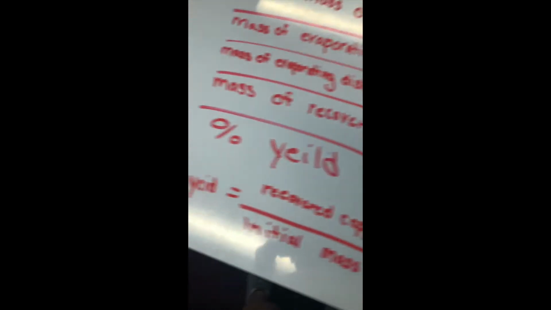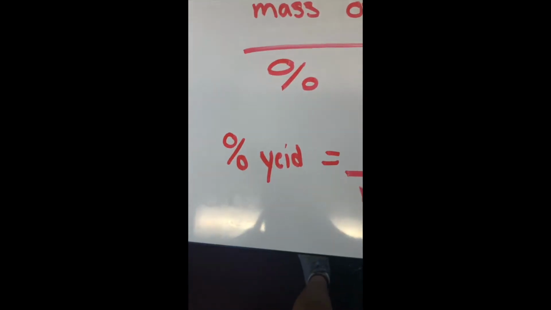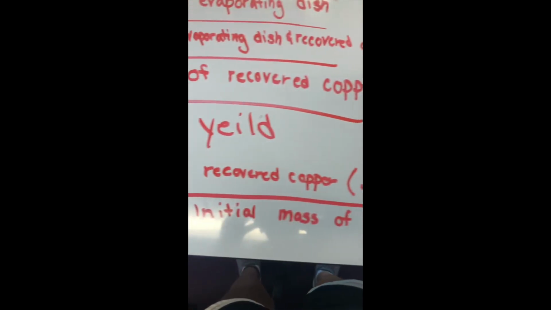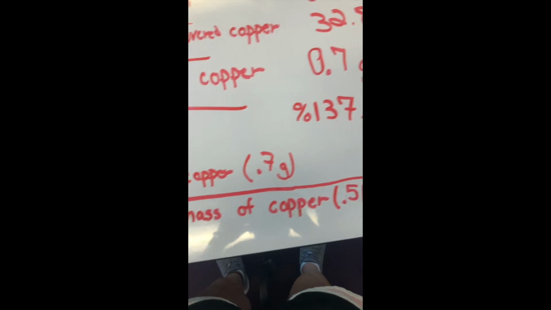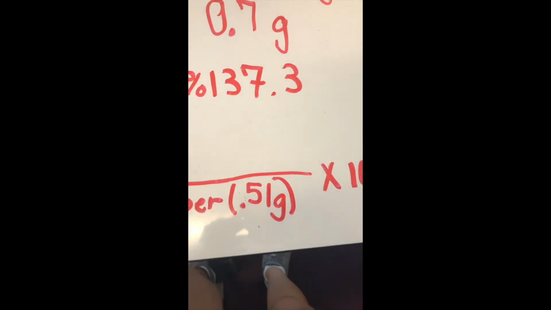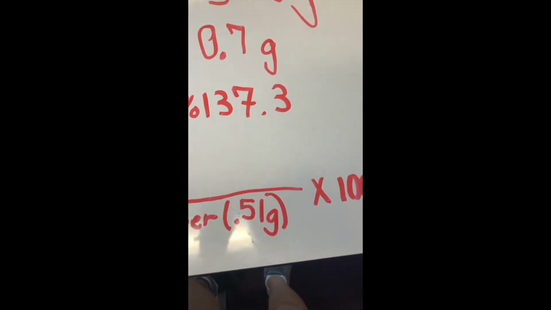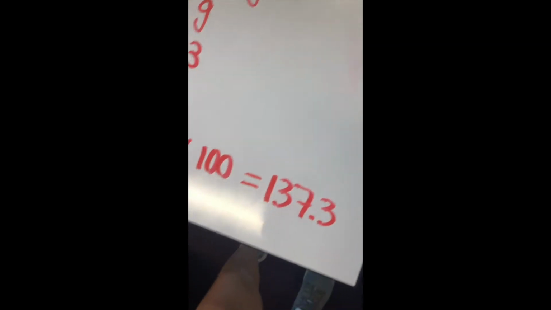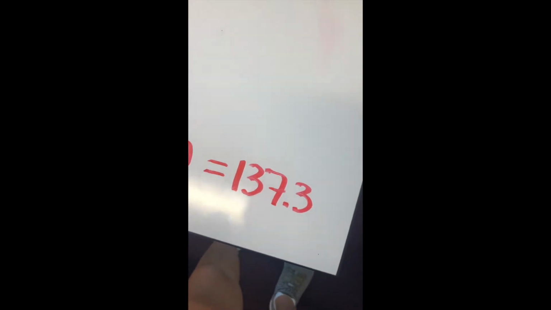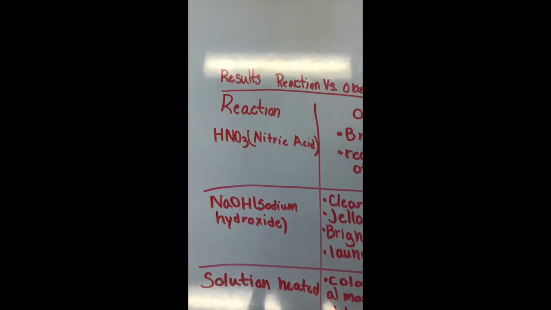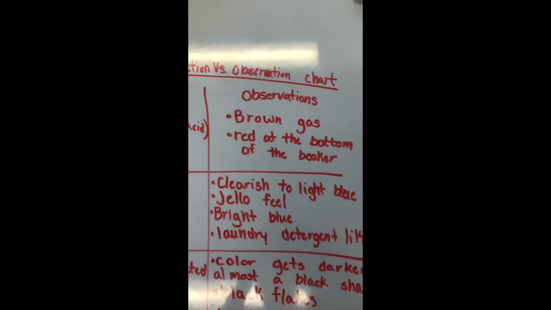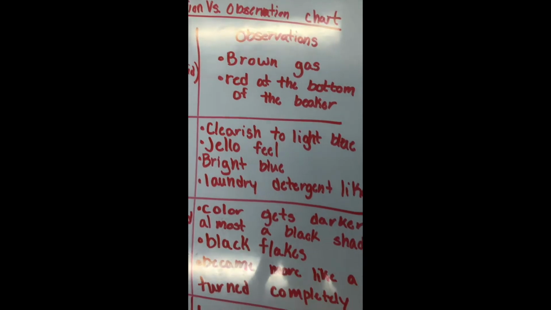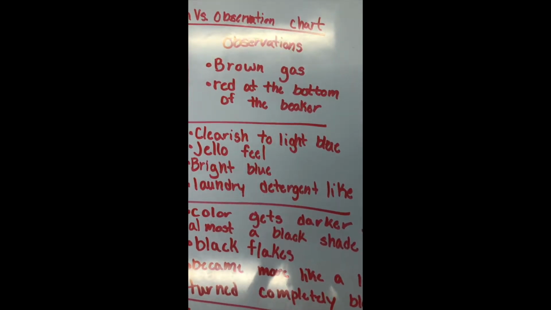137.3%, and to figure out the percent yield, I did the recovered copper, which is 0.7 grams, divided by the initial mass of the copper, which was 0.151 grams, times 100 to get my 137.3%. For my results, reaction, and observations chart, when nitric acid was added, the observations were a brown gas appeared,